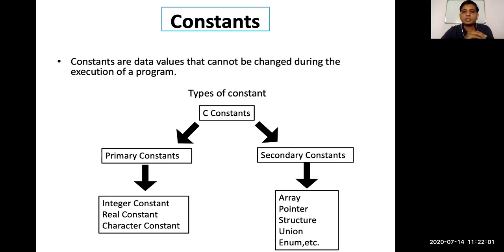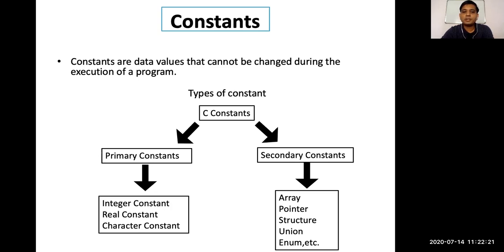That is known as a constant. Some students always get confused between variables and constants. So what is a variable? A variable is the memory location where we are storing our constant. Okay, so a variable is the memory location where we are storing the constant. And what is the constant?